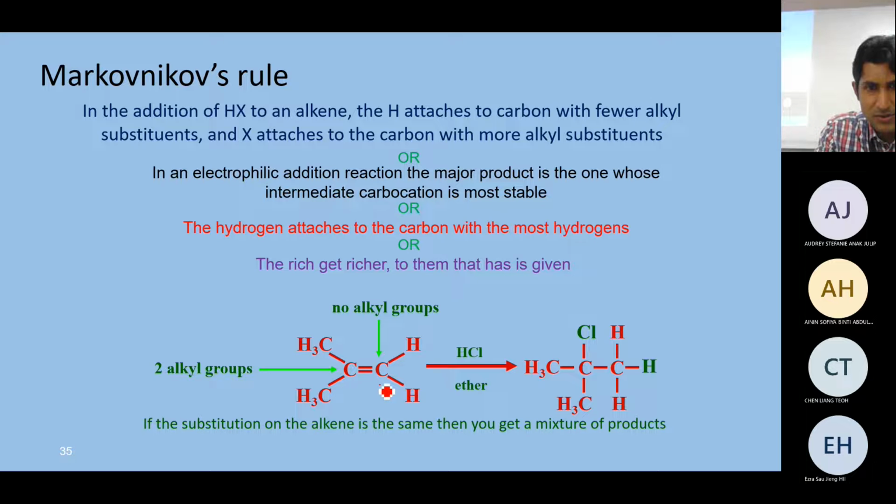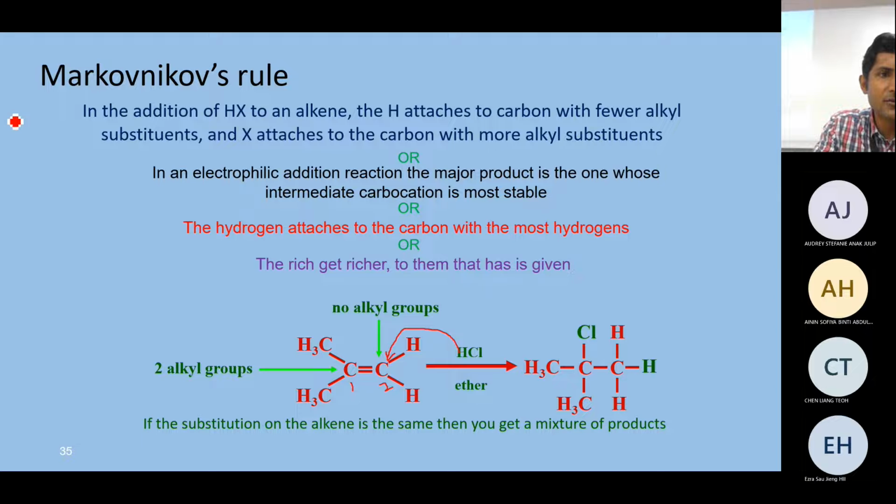This carbon is number 2, and this is number 1 carbon. It already has 2 hydrogens, and this number 1 carbon has none. Yes, it has hydrogen, but it is directly connected to carbon, not to hydrogen, whereas this carbon is directly connected to hydrogen. So the hydrogen will go to the carbon which already has more hydrogens, and the other part will go to the other carbon. So this is called the